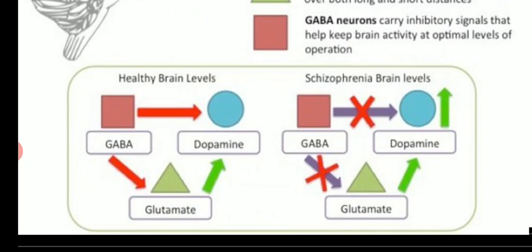কিন্তু যদি কখনো এরকম হয় যে GABA neurons are not working, তখন কি প্রবলেম হবে? So there is nobody to stop the glutamate and nobody is there to stop the dopamine. So as a result, the dopamine generation crosses its limits and your brain starts to over imagine everything, and that leads to schizophrenia. যথেষ্ট শোনা যায়, এখন তো ভালোই শোনা যায়, সিজোফ্রেনিয়া একটা পরিচিত নাম হয়ে গেছে।